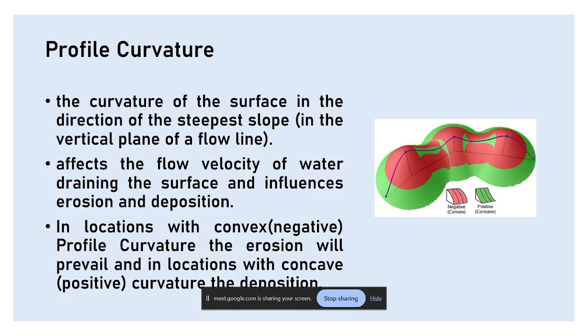Then we have the profile curvature. So curvature of the surface in the direction of the steepest slope. Okay, this is more like a vertical plane instead of the horizontal one. So it basically affects the flow velocity of water draining the surface, which in turn influences the erosion and the deposition. That is what we are considering here. So in this particular case,